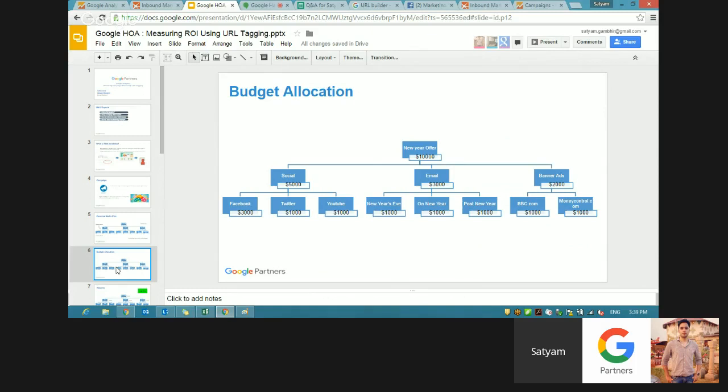While there are many case studies which basically talk about, based on which industry you belong to, this is the percentage of your budget you should allocate to social media versus email marketing versus banner ads. I personally would not like to follow such case studies, because there is an actual science of allocating your $10,000 into various available channels. So let's talk about those channels, and let's talk about a technique in which you can scientifically allocate budget